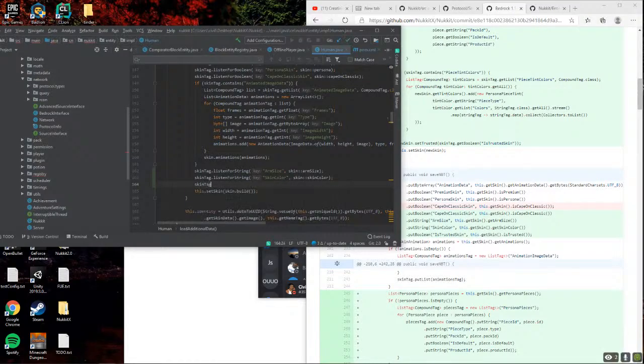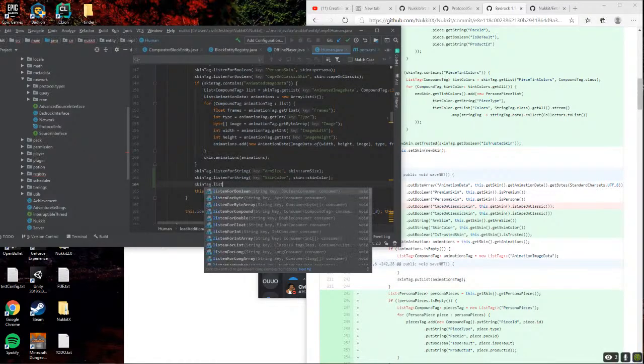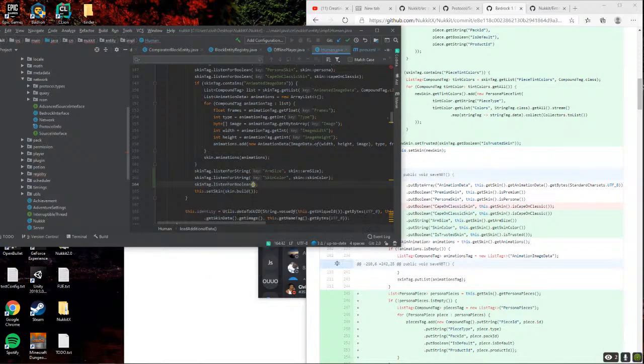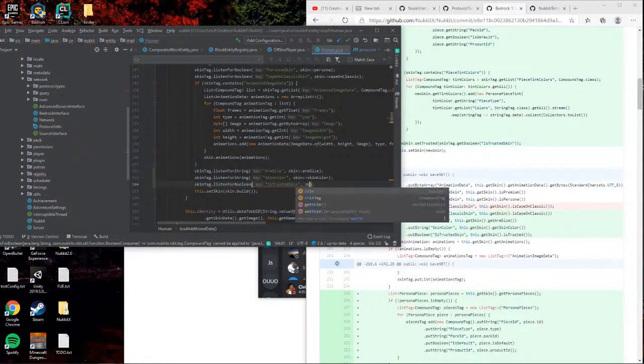Skin tag dot listen for boolean is trusted skin, and that should be skin trust is, wait.